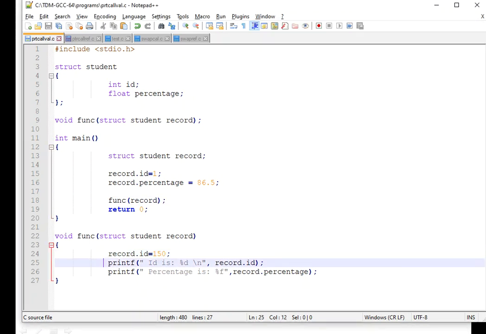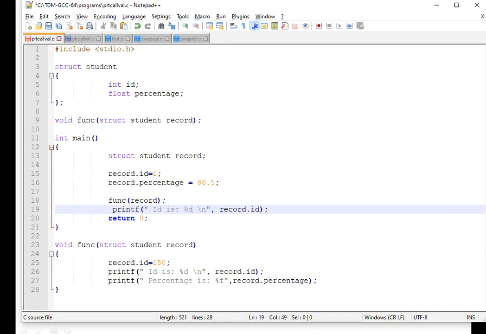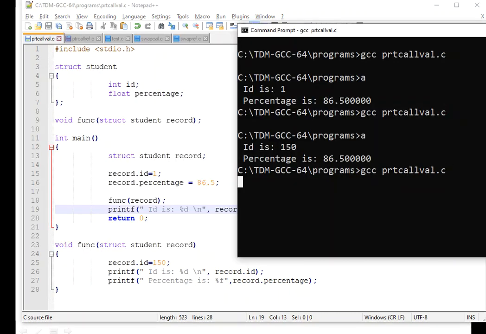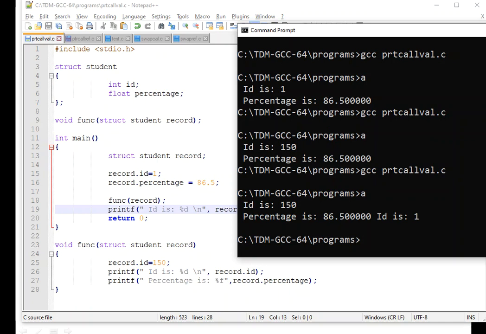If I'm trying to print it here, what will happen? So here id is 150, that is, in the function definition id is 150.